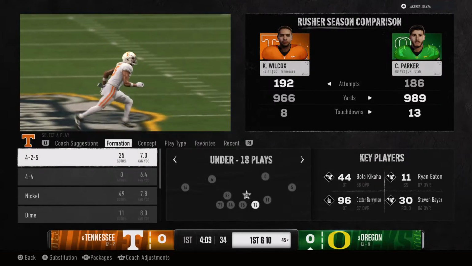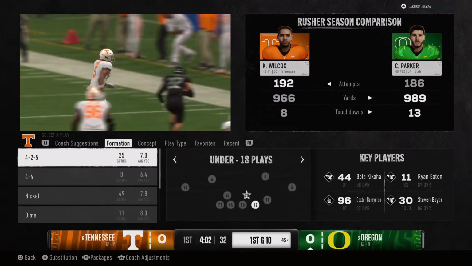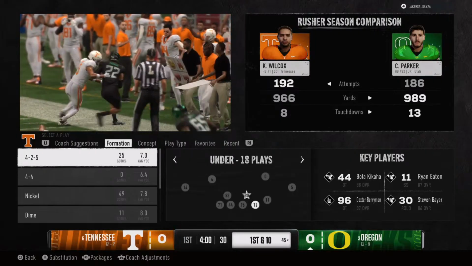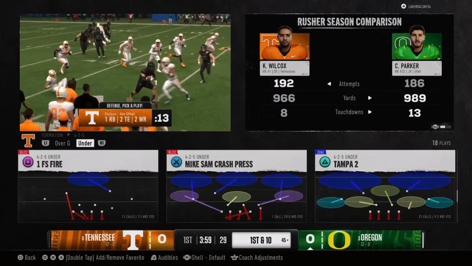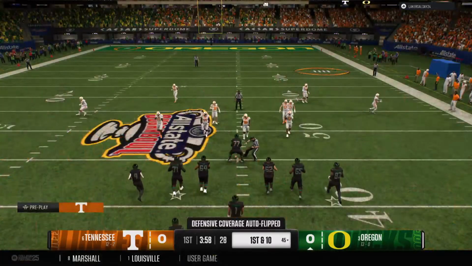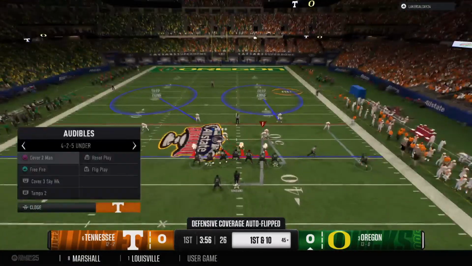Well, I know it's early in this game, but boy, this is what you want to see as an offense. You get to these third downs, it's all about trying to create opportunities and momentum, and that's what they've done here, converting to get a new set of downs. The Ducks line up on 1st and 10 now.